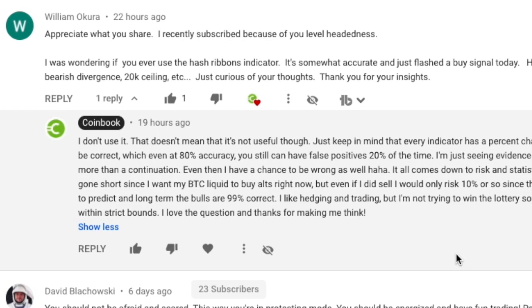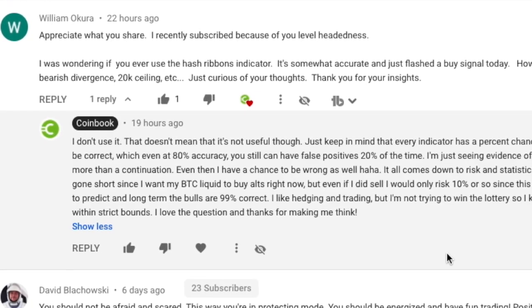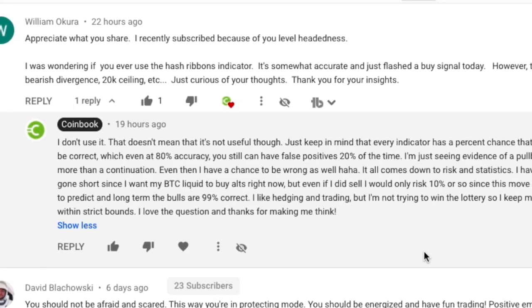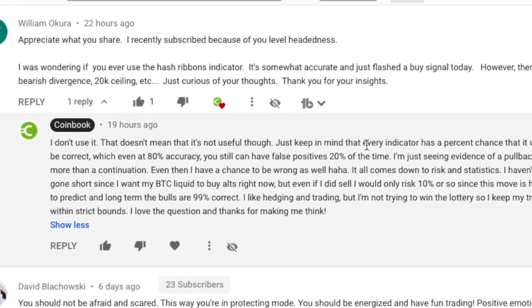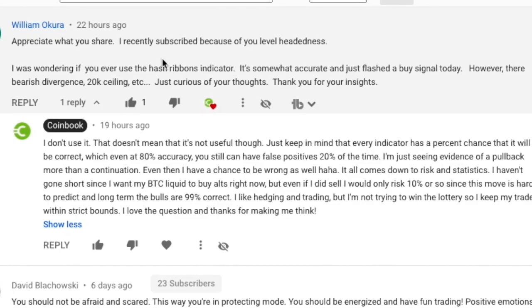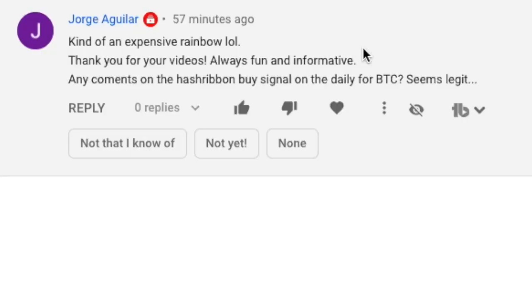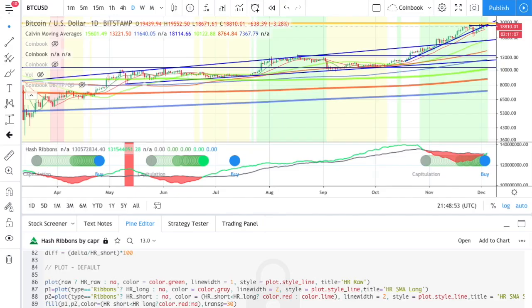So I have had a couple of questions about the hash ribbons indicator. It just flashed a buy signal. This was 22 hours ago from William Okura. And then we had this comment from Jorge: "Any comments on the hash ribbon buy signal on the daily for BTC? Seems legit." So for those of you who don't know what the hash ribbon indicator is, it's an indicator that's